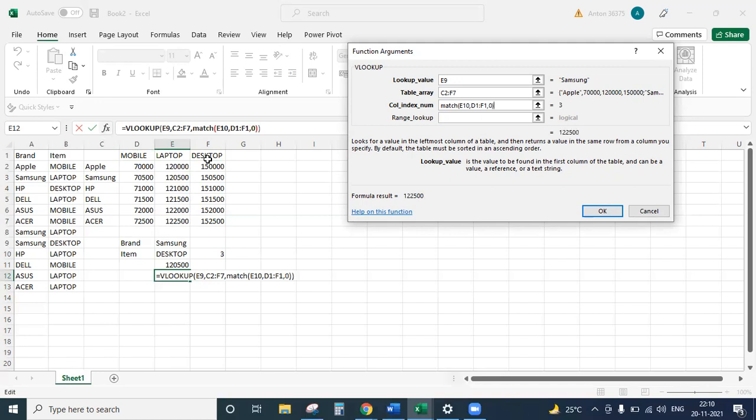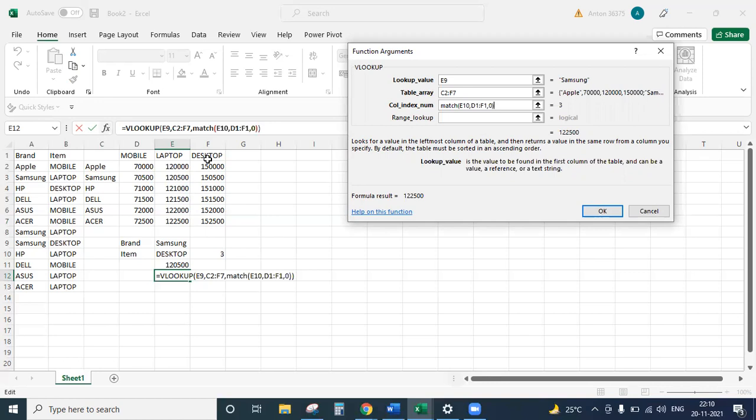Now, close that bracket. If I use column 3, which is desktop, I'm actually getting the wrong result. Why? Because it's not column 3. It should be one more, if I'm starting my column count from 4.